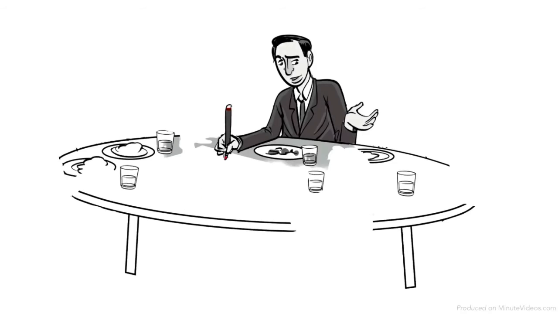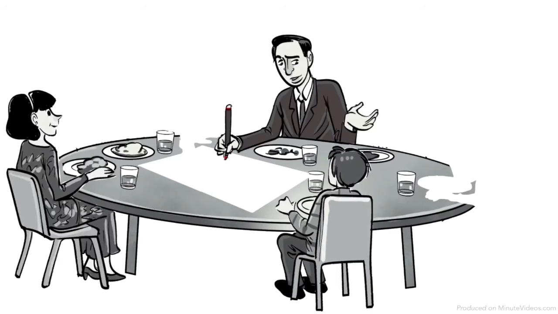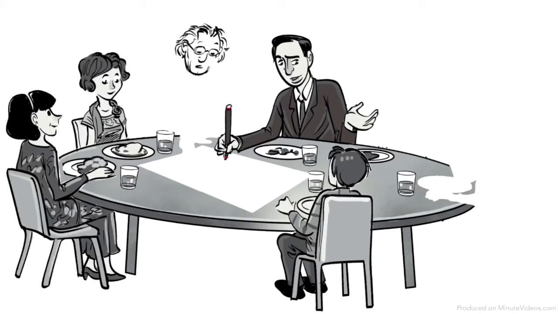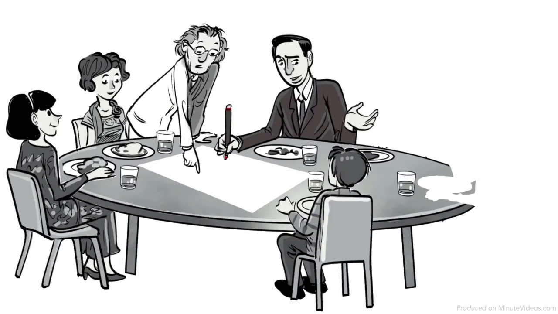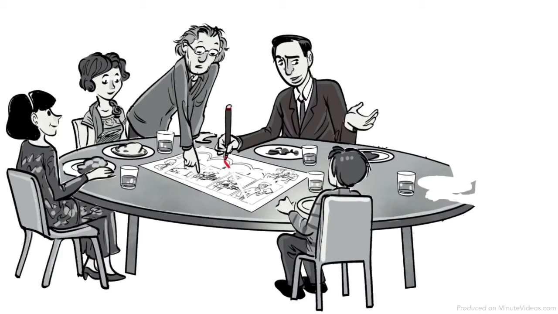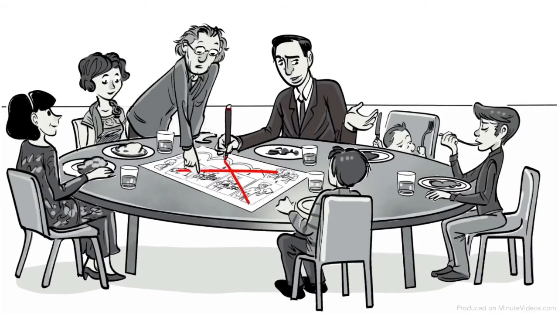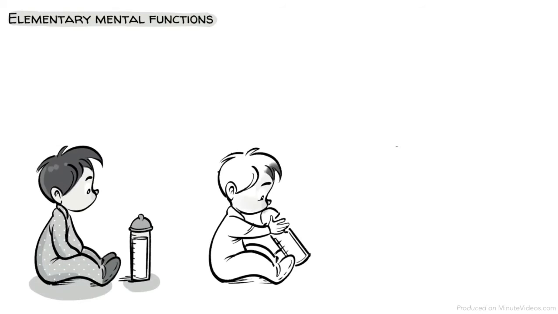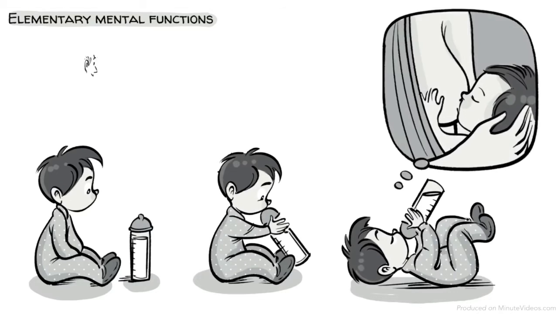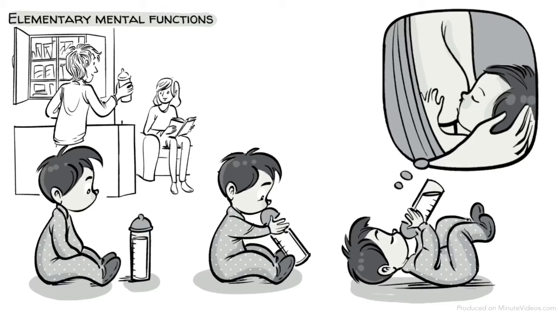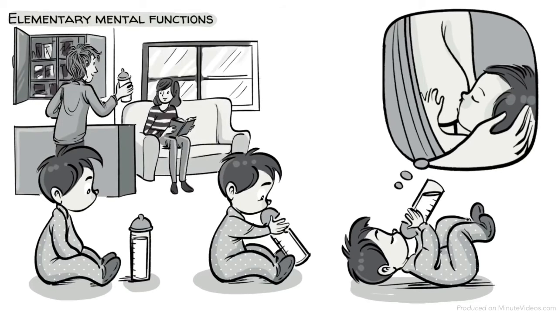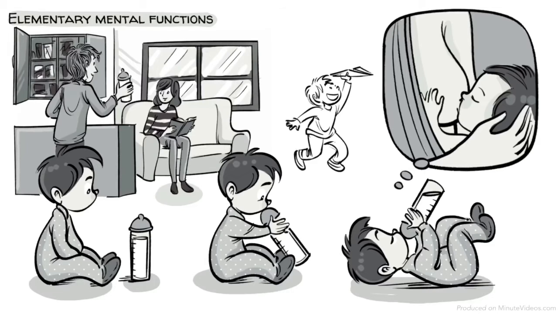Vygotsky's theory of social development argues that community and language play a central part in learning, while Jean Piaget concluded that children's cognitive development happens in stages. Vygotsky rejected his ideas and believed that children develop independently of specific stages as the result of social interactions. Vygotsky claimed that we are born with 4 elementary mental functions: attention, sensation, perception, and memory. It is our social and cultural environment that allows us to use these elementary skills to develop and finally gain higher mental functions.